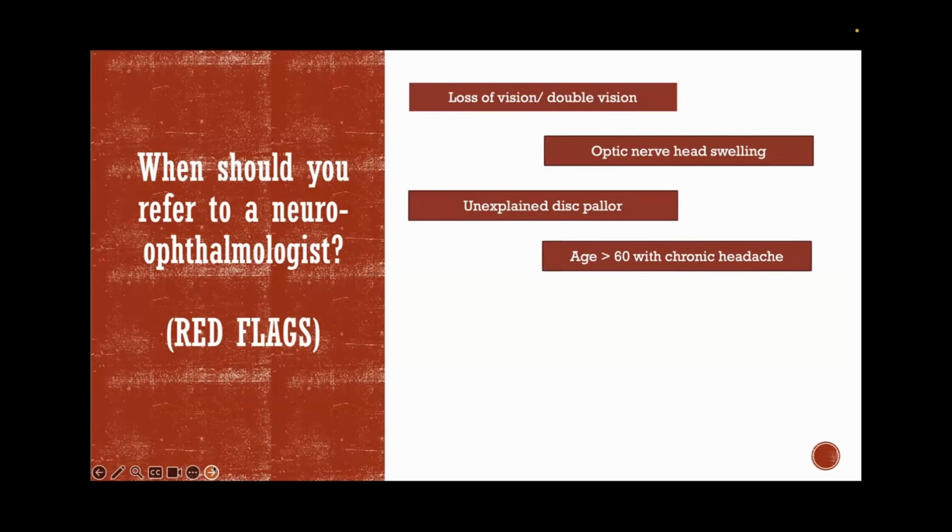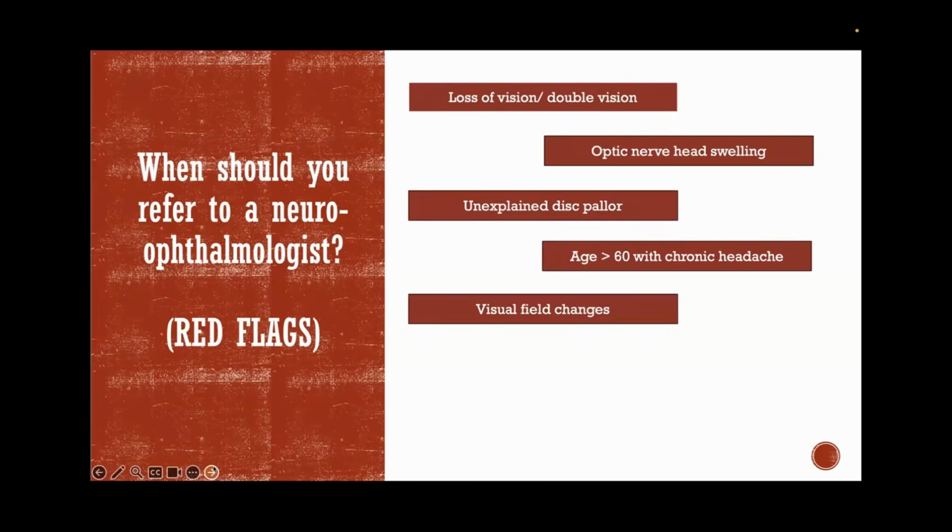If the age is more than 60 and the patient has a chronic headache, definitely it cannot be taken lightly, because these are not the patients who will have refractive error, convergence insufficiency, those kinds of conditions. Something more serious is definitely going on when a 60-year-old patient says that he's been having a chronic headache. And of course, if the patient is reporting some visual field changes, perimetry is a must. And I will go through some examples where I'll tell you how exactly it became so important in my patient.